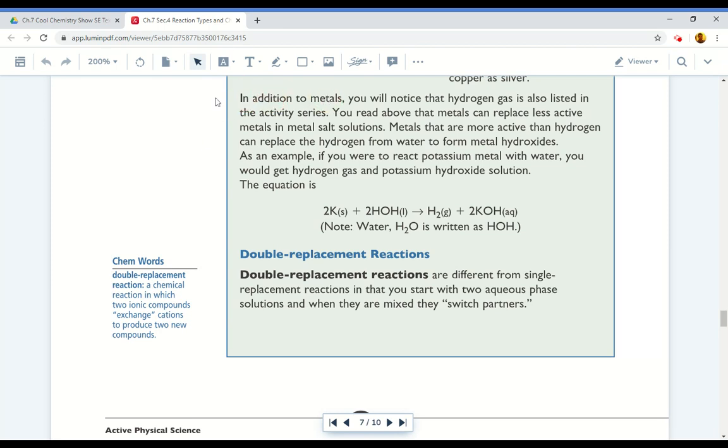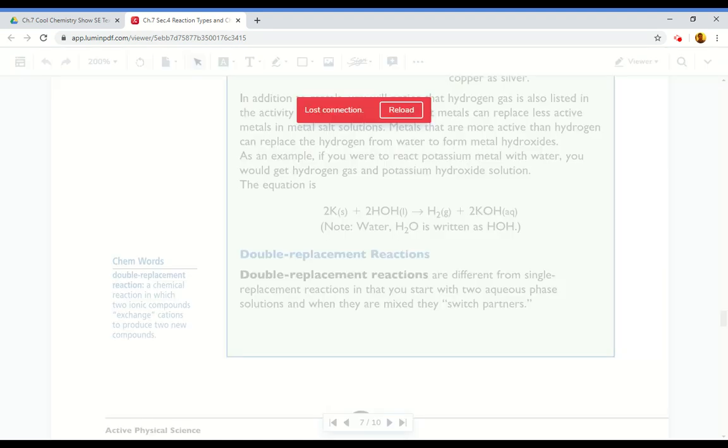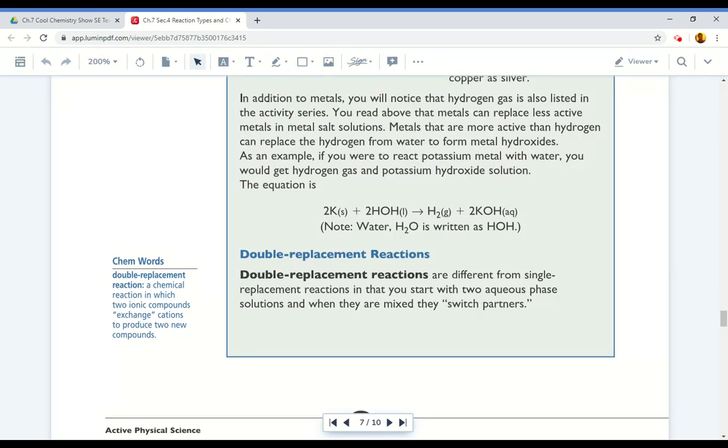In addition to metals, you will notice that hydrogen gas is also listed in the activity series. You read above that metals can replace less active metals in metal salt solutions. Metals that are more active than hydrogen can replace the hydrogen from water to form metal hydroxides. As an example, if you were to react potassium metal with water, you would get hydrogen gas and potassium hydroxide solution. The equation is